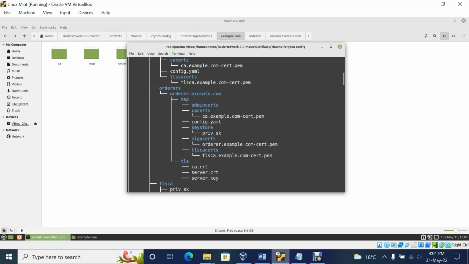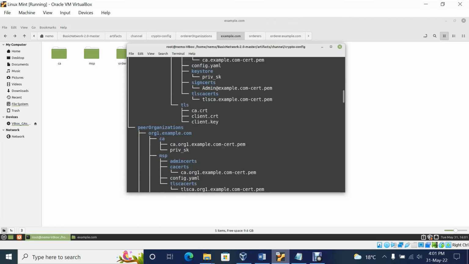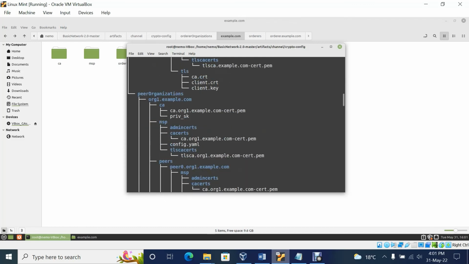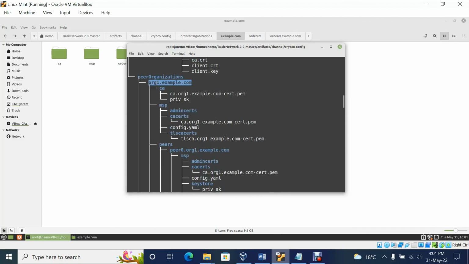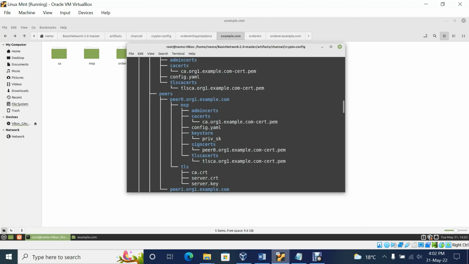Inside the peer organization, let us visit the peer organization first. We can see that this is the domain name of the peer, and we have the certification authority, the certificate, and the private key. Inside the MSP we have the admin certificate and the certification authority certificate, the config YML file and the TLS certificate, and then the peers,